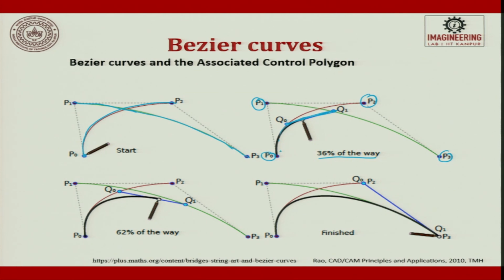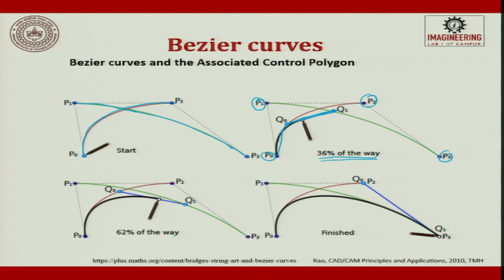So, and then the curve tries to move along with it, so that you get it. At 36% on its way, you can see how the curve tries to take the profile. It is trying to link from this curve, which first started with P2. As and when it starts moving and getting itself joined along with the line or a curve which comes from P1 to P3, you see here it follows 36% on its way.